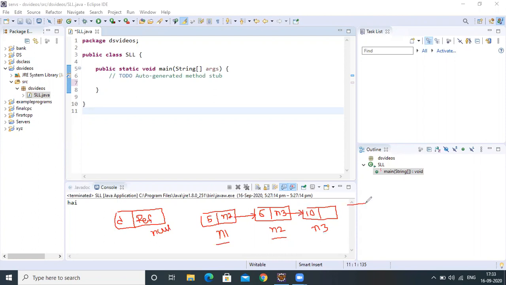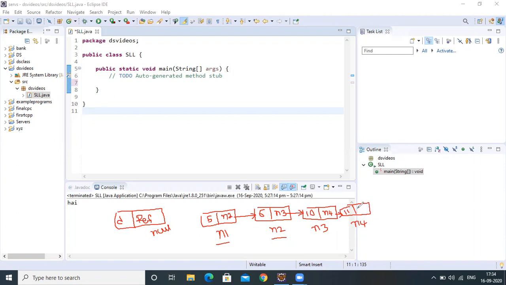Now if you want to insert n4, with the data 11, within the n3 dot next we will store n4 here. Now n3 is referring to the node n4.